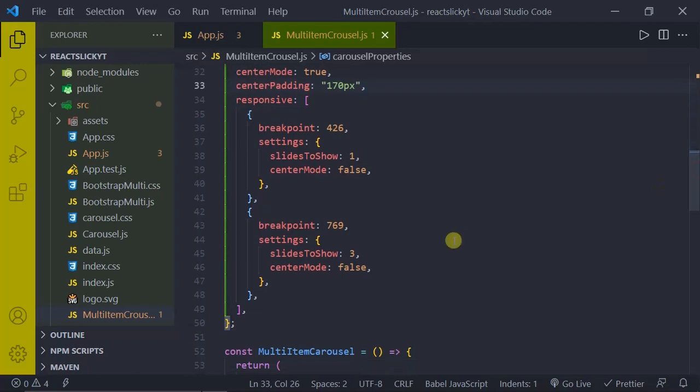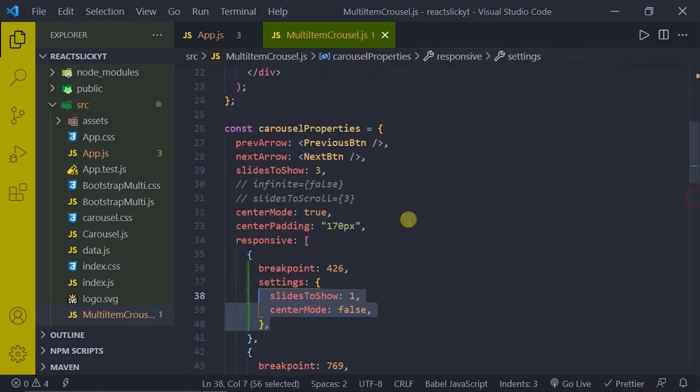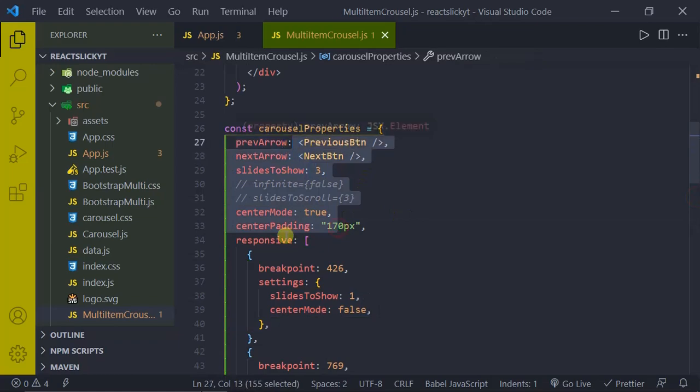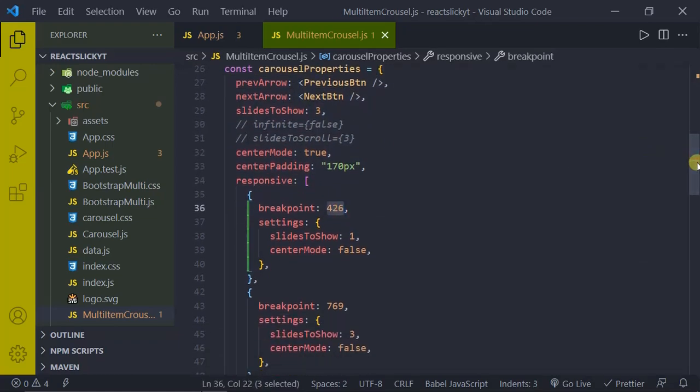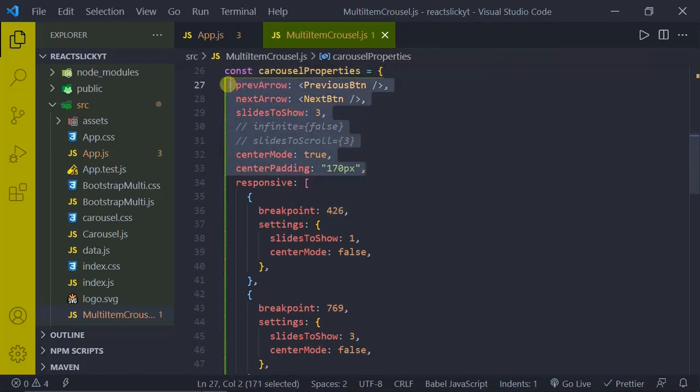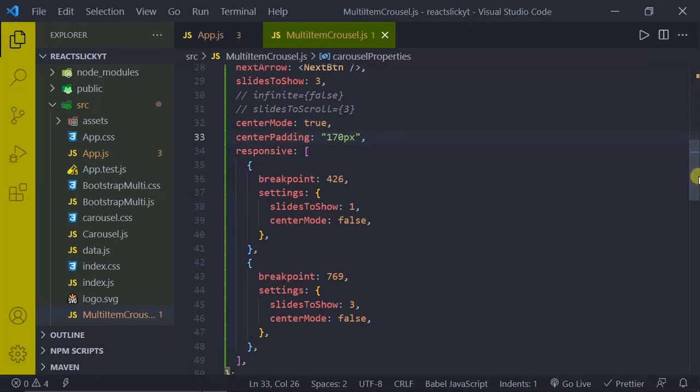And the properties which you are setting under these settings will override the above properties in this particular screen size. So these are global, these will be applied to every screen size, and now we are just overriding some of those.